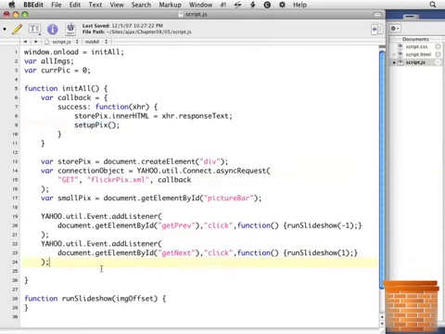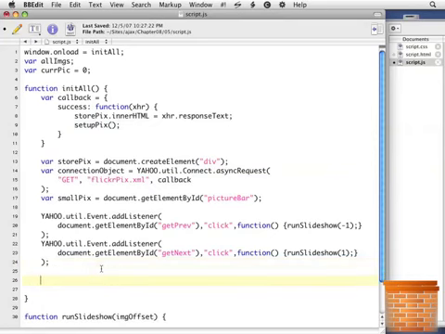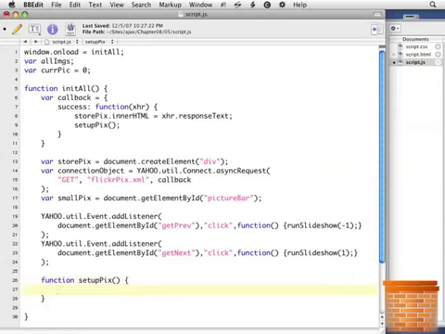Now, this is still inside the init all, so we might as well just put our function inside there because there's no reason why it needs to be at a higher level. We're not going to be calling it anywhere else. Up here, we declared the variable allImages, and now we're finally going to do something with it. allImages is set to yahoo.util.selector.query image